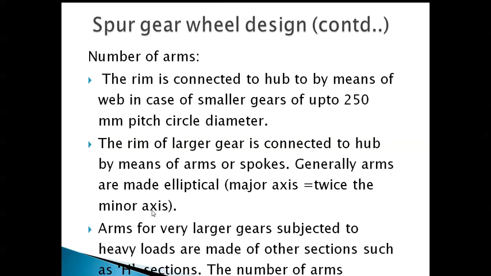Arms for very large gears subjected to heavy loads are made of other sections, such as H sections. The number of arms depends on the pitch circle diameter. So for larger gear diameters subjected to heavy loads, the arms are made of other sections like H. Here, the number of arms depends on the pitch circle diameter,